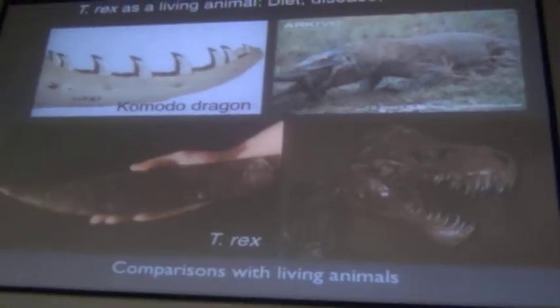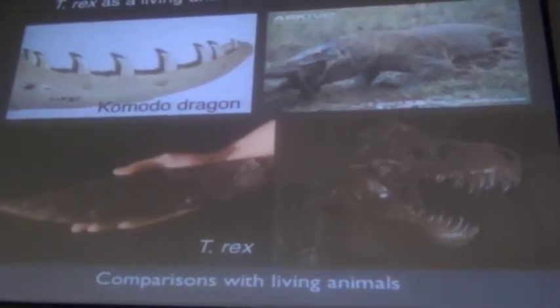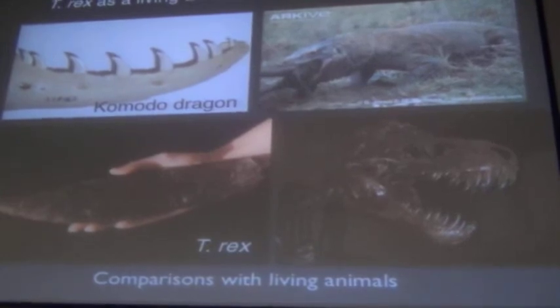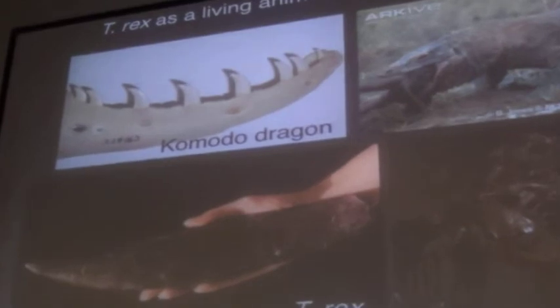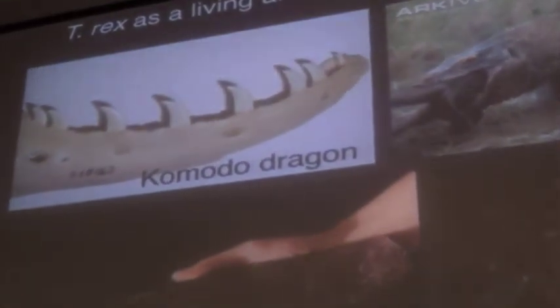So in the case of T-Rex, a good modern comparison is with a Komodo Dragon. So up there is the lower jaw of the Komodo Dragon with big, sharp, serrated, cutting teeth. To the right, there's a Komodo Dragon doing what it does best, which is eating a pig. So Komodo dragons use their teeth to crush and to cut meat. This is the tooth of a T-Rex. There is the mouth of a T-Rex. We know from T-Rex's teeth